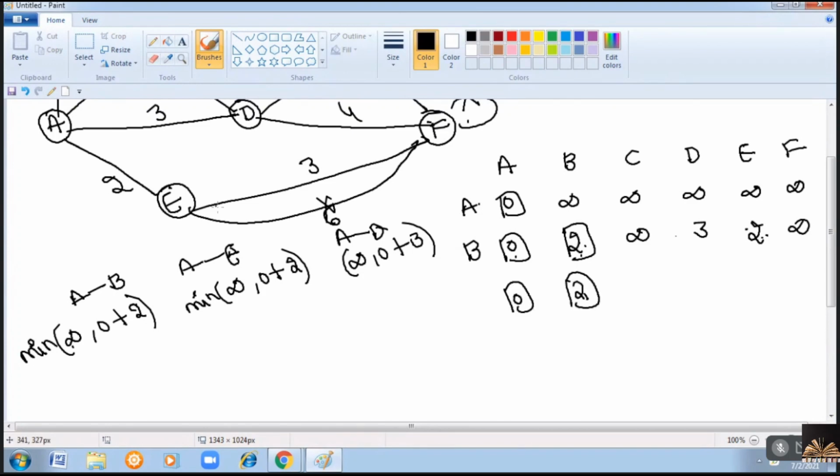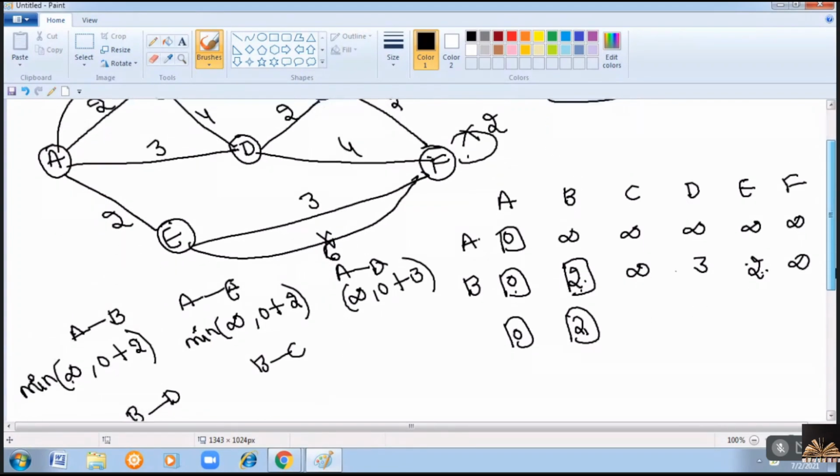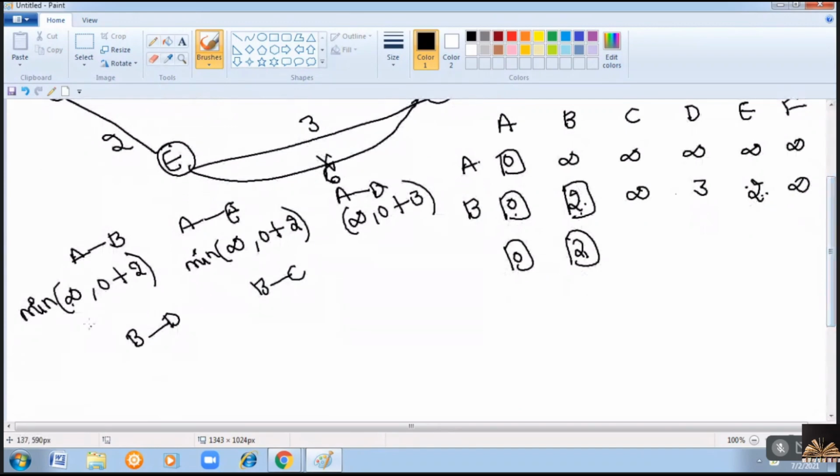From B, D is connected and C is connected. So for B to D, minimum of the D value 3 and the marked value 2 plus B to D cost 4. So between 3 and 5, 3 is the minimum value. For B to C, minimum of